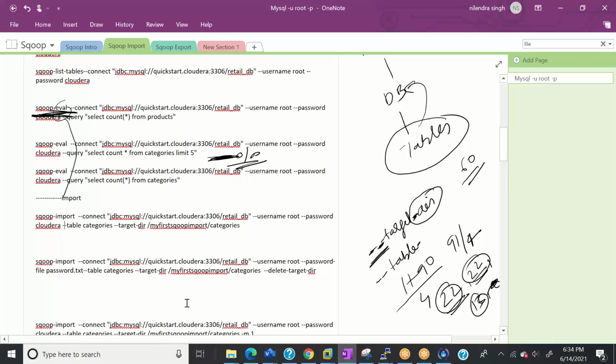Let me cover one more thing. When I started the Hadoop classes, I told you that Hadoop jobs are long running jobs. They may run for hours, maybe for 24 hours. That's why the default functionality of Hadoop jobs is, if the directory already exists, then we won't be deleting it. But if we want to delete the target output directory, then we have a parameter called delete target directory, this one. So let me copy this job and run it for you.